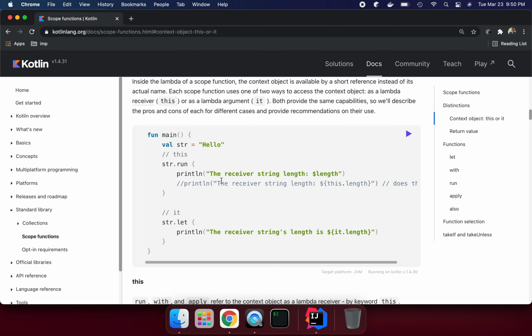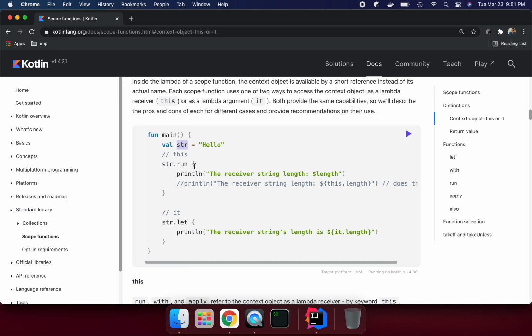So here, suppose we can see we are getting the length directly. Now str is the context object basically. On this we are calling the dot run method. So all the variables and all these methods are available for us. The way we refer to str dot length, str dot something, if you want to perform some action, how are you going to do that? Because you need an object to call the method. So here the object is implicitly available for us.